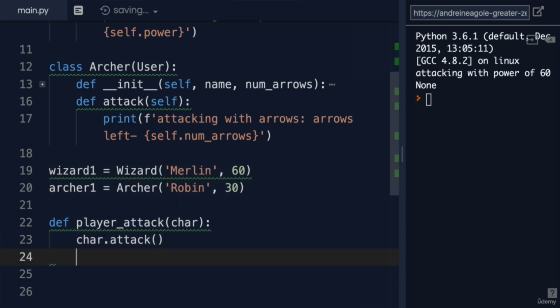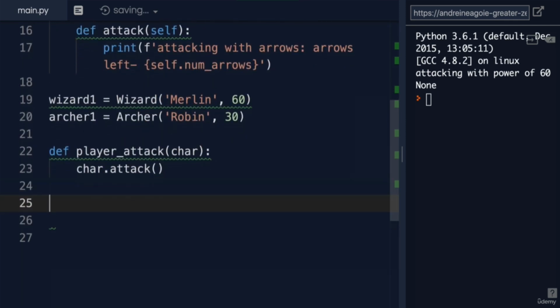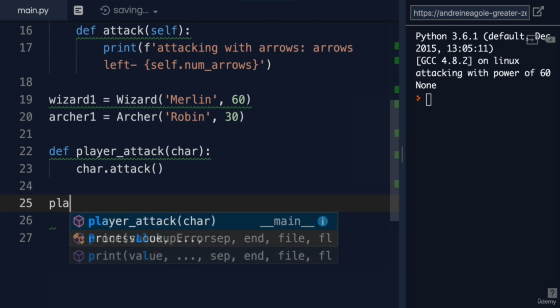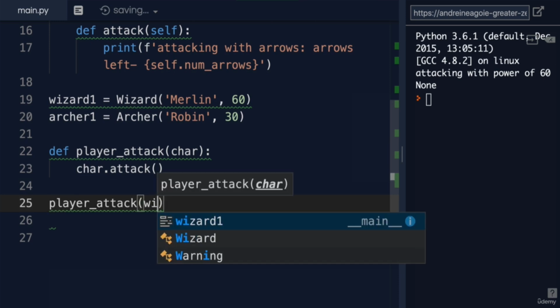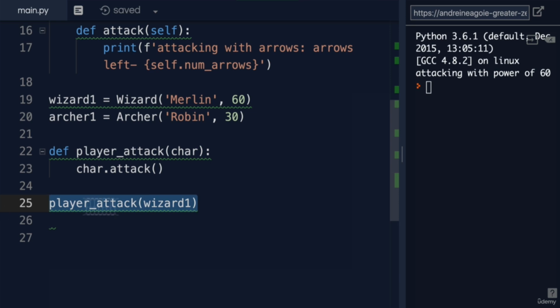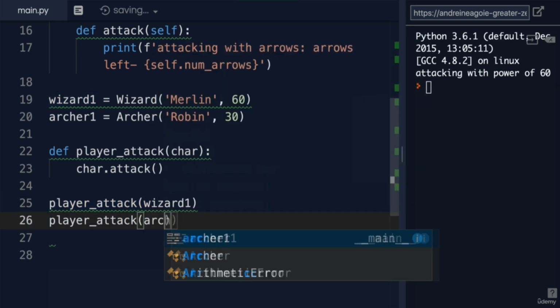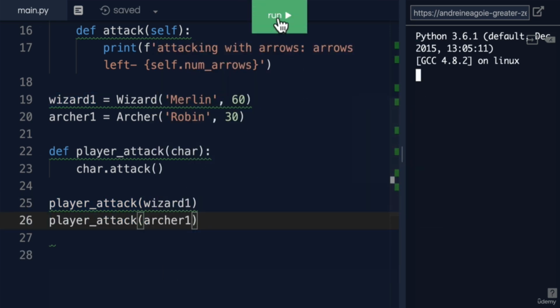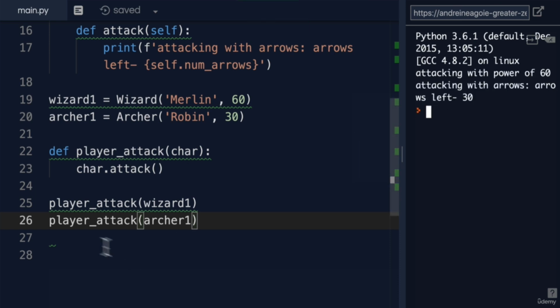And now if I run this code and say player attack wizard1, I'll get attacking with power of 1. If I do player attack, have archer in here, if I click run, you see that the same function gives me a different output, even though we're calling the same thing because of the object that we pass into it,